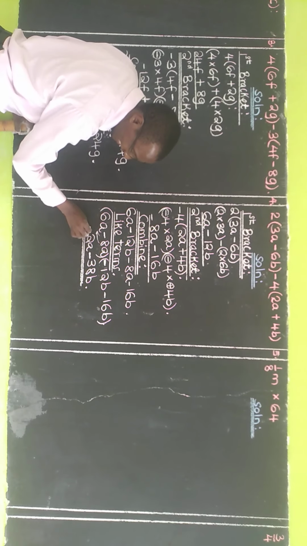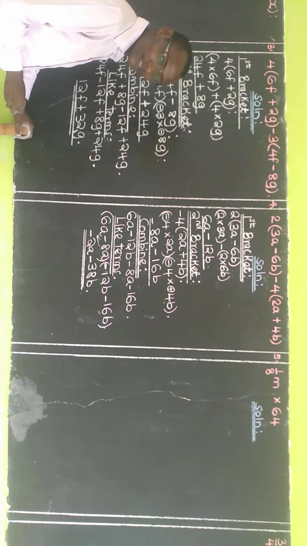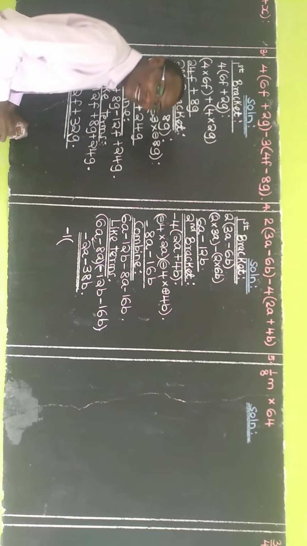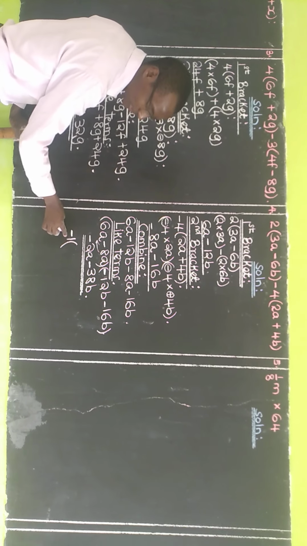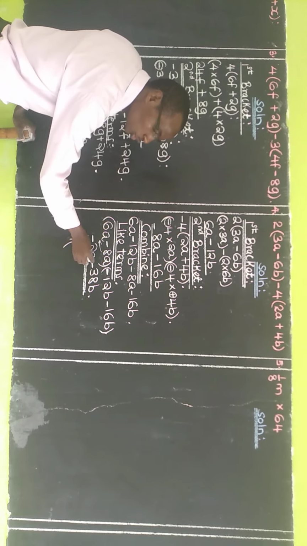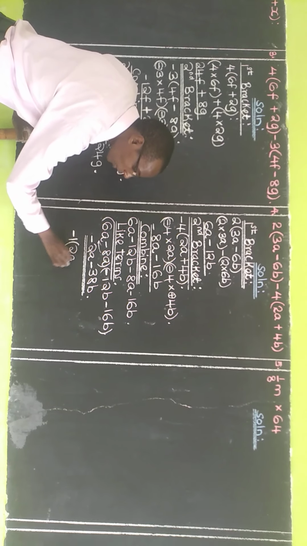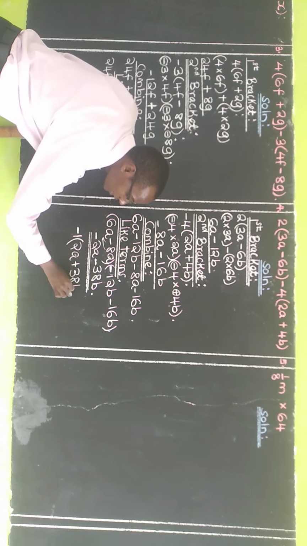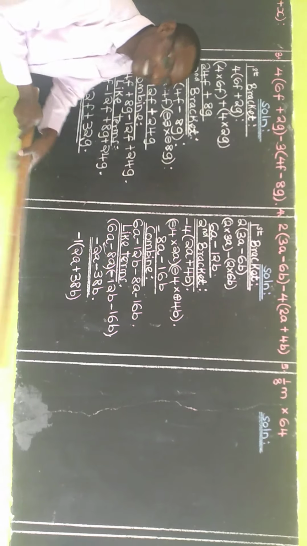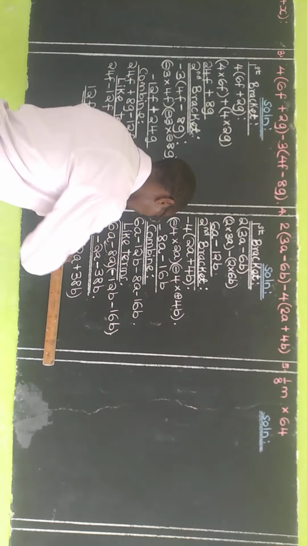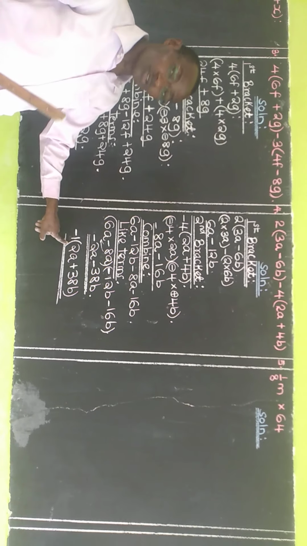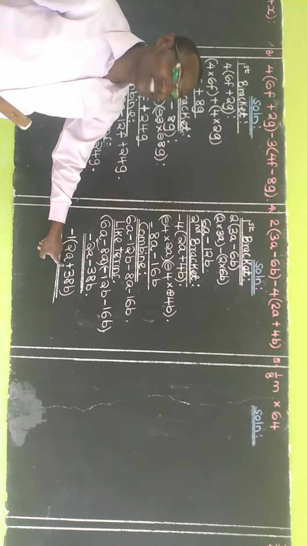If the two are negatives, I want you to understand this. Just put negative 1 and then introduce a bracket, because in algebra we don't write 1. So negative 1, then you change the second sign. So you have 2a, and change this second sign to a positive. This answer and this answer are the same thing. So when you start by writing a negative and then you introduce a bracket, the second sign must change. That is question number 4.